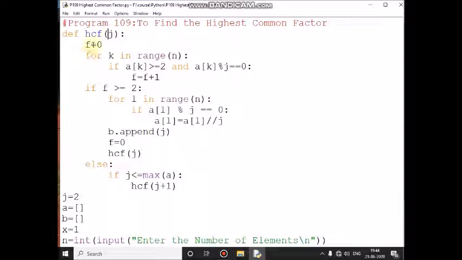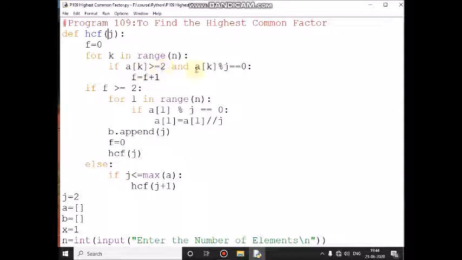Then once again for the if value I am assigning 0. Now the loop statement, k value 0, 0 less than 4, condition is true. A of 0th location value greater than or equal to 2, condition is true, a of 0th location value 5.